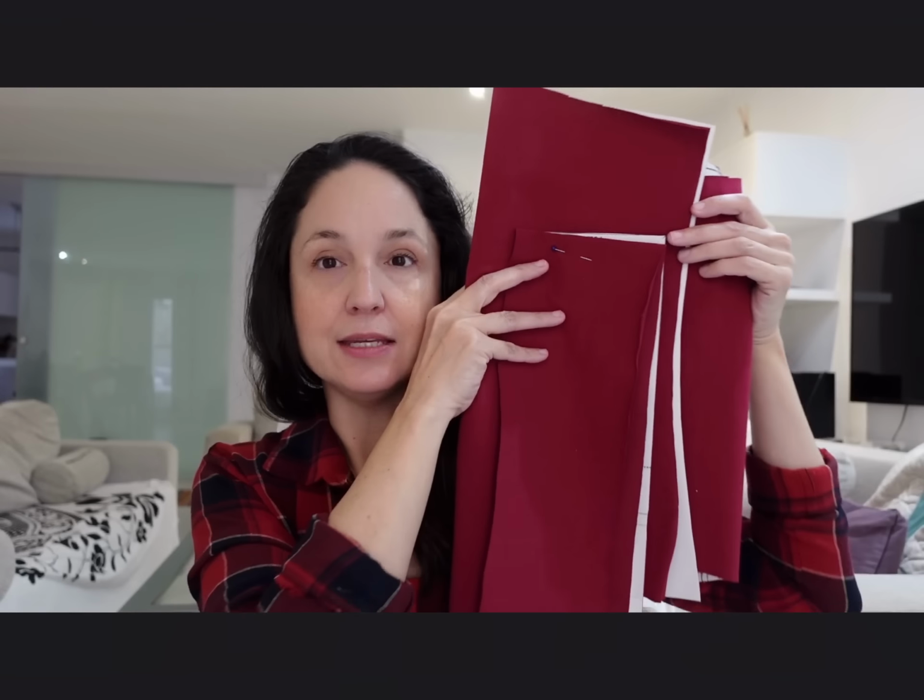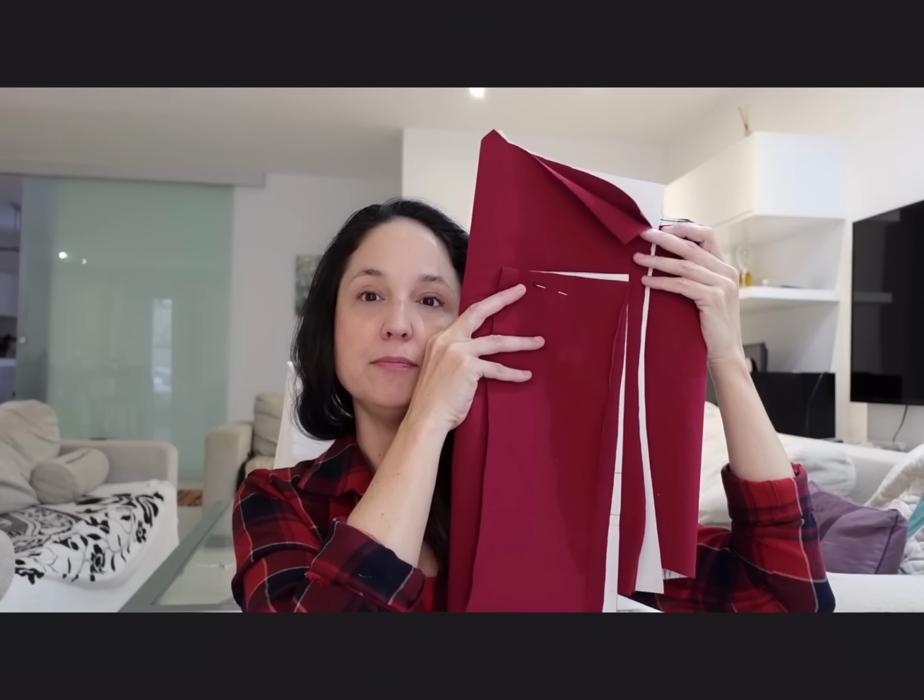Okay, next I have this red jersey. And let me pull it back here because I think that's more similar to the color. It's definitely got kind of winey red. And this I have cut out in the Brindille and Twig ladies leggings, a free pattern. I really love the Brindille and Twig sweatshirt that I did, and I like the shape on these leggings. I like that they are elastic free, so I don't have to put elastic in them, and they're a drawstring